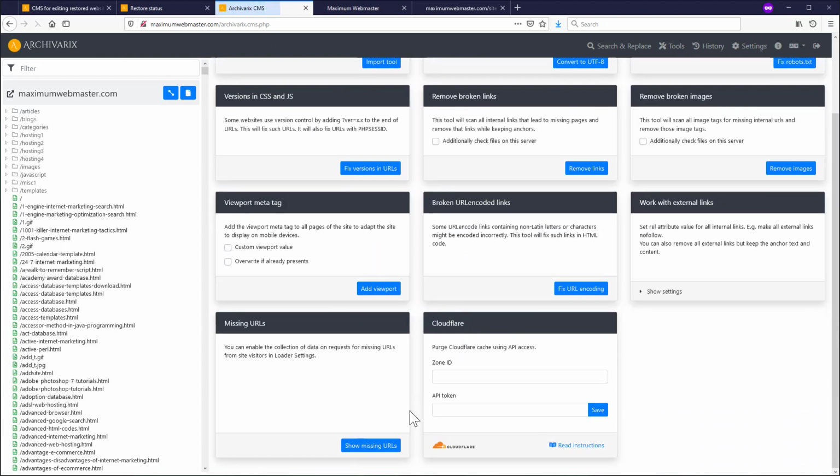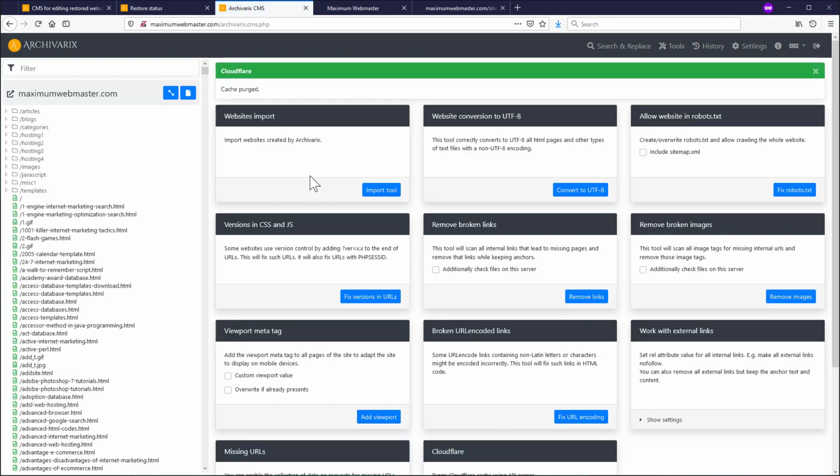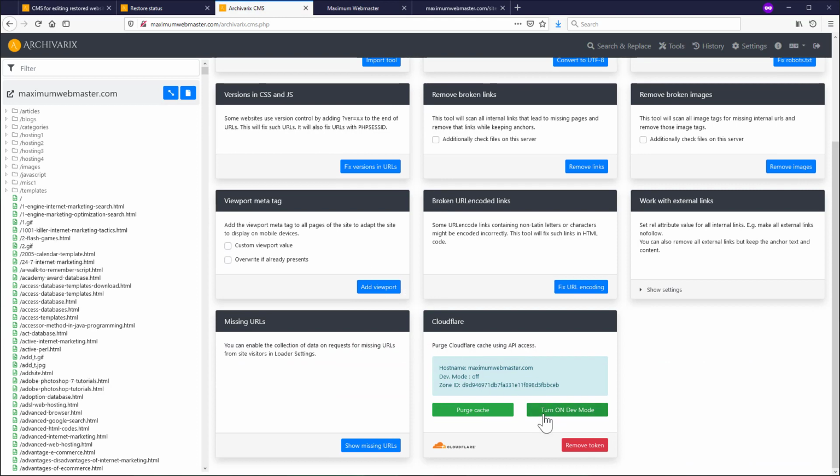Okay, let me go back to tools. The last tool here is working with CloudFlare. If your website is behind CloudFlare, you can add its zone ID and API token. And once it's done, for this website, I enter the zone ID and API token, I click Save, and now I can see that it connected to CloudFlare. I can click Purge Cache, so it will reset all cache in CloudFlare,